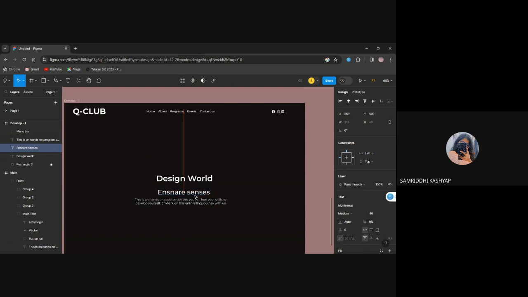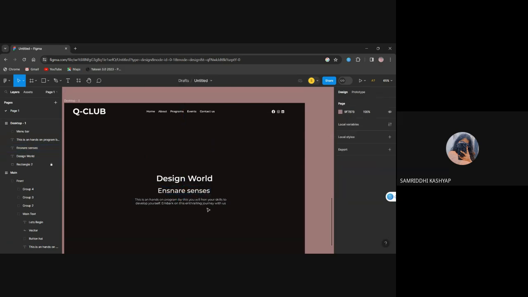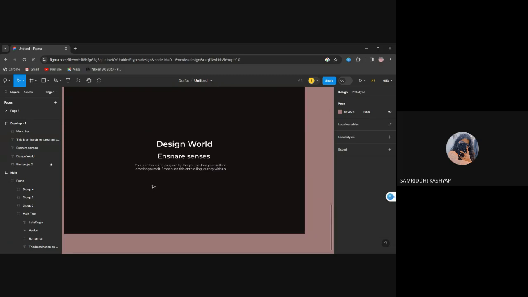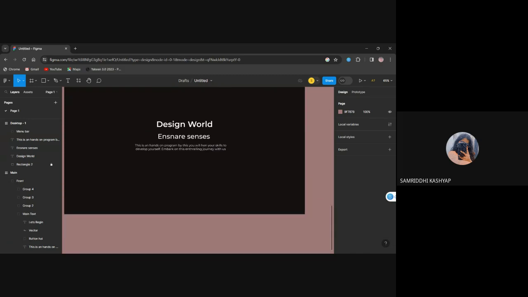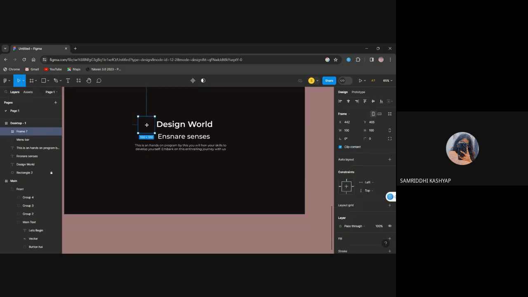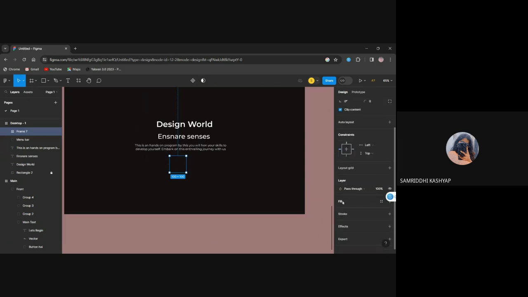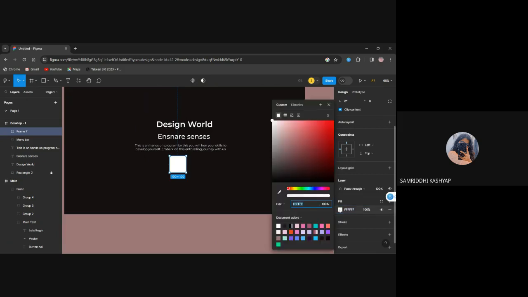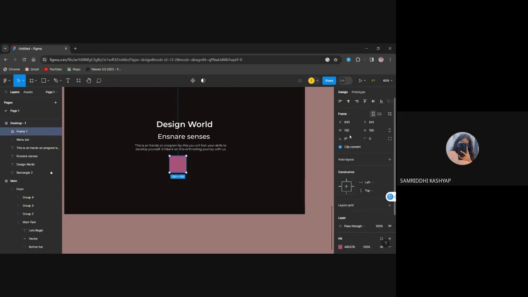I want it to be okay 19. That's fine. Then I would be creating a button here. So for button, I would be using frame tool. You can go here and press F and do all that, but I want the simple frame, and I just want to change its color first of all. This one. And since it's a button,